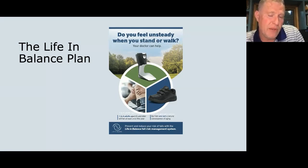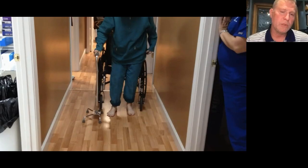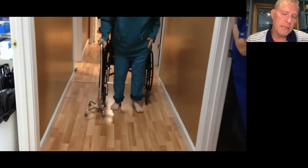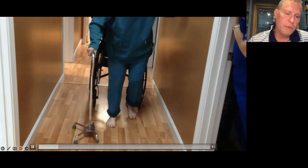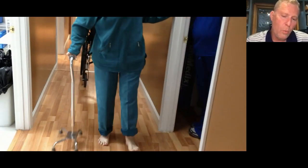But this is a very effective poster to put on your wall. And again, it asks at the top, do you feel unsteady when you stand or walk? And that is the most effective question to ask a patient. And I think it's the most powerful way of really getting patients to respond to you and to actually talk about it. And so again, this is one of the tools that we introduce to our patients. The other thing that I think is very important is to convey to our staff